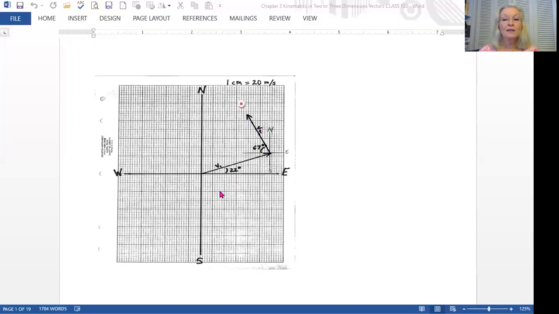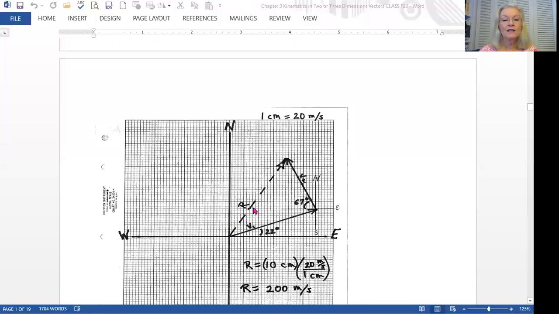So the resultant, if we had a third vector, we'd keep continuing, we'd put another north, south, east, west coordinate system at the tip. We'd measure our angles, we'd draw our vector. When you've got all your vectors drawn in, we only had 2, the resultant starts at the origin, so down here where the axes meet each other, and goes to the point of the last vector you drew. So you lay down your ruler, connect the origin with the tip of the last arrow,